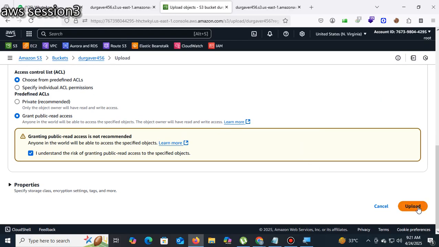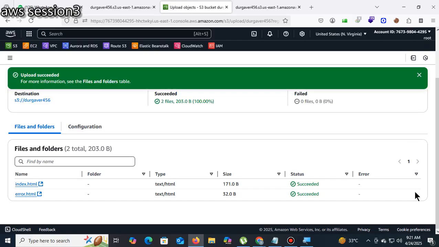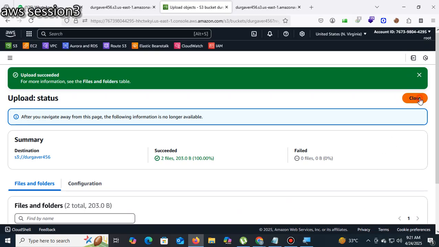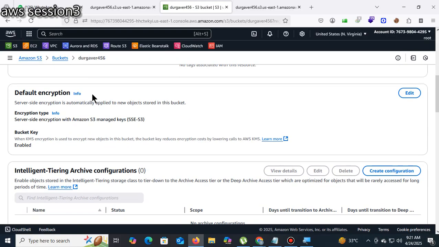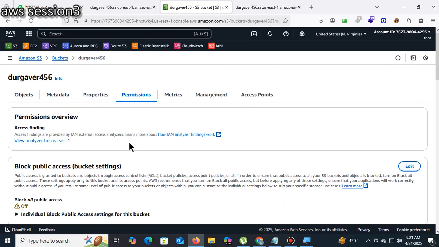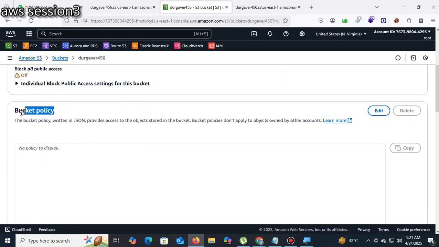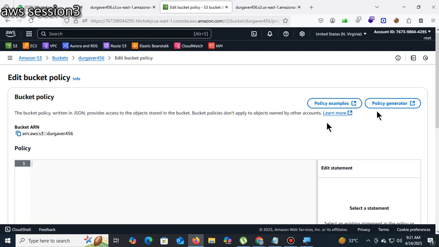To make it a publicly available bucket, in the permissions we need to change the bucket policy. Edit here.